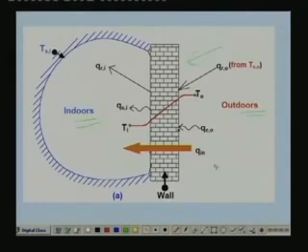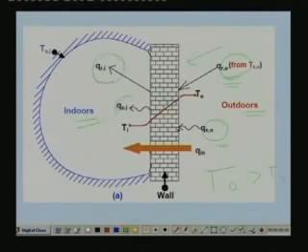And just for an example, let us assume that the outdoor temperature T0 is greater than indoor temperature Ti. Okay, and you have outdoor surface. I mean, the outer surface of the wall is subjected to radiation heat transfer, and it is also subjected to convective heat transfer. So, heat transfer takes place from the outdoor to the outer surface of the wall by radiation and by convection. Then heat transfer through the wall takes place by conduction. Then heat transfer from the inner surface of the wall to the indoors takes place again by